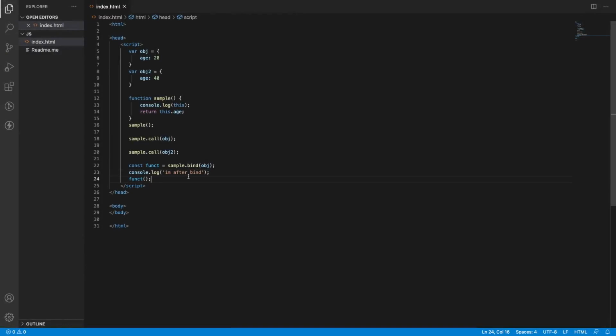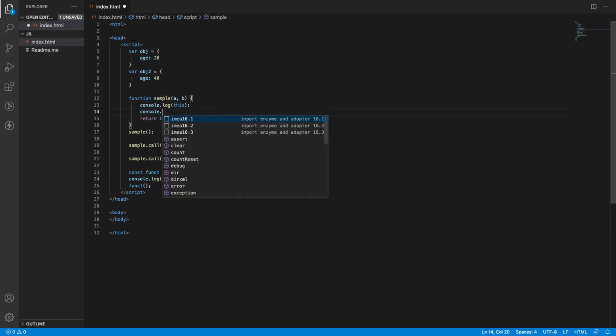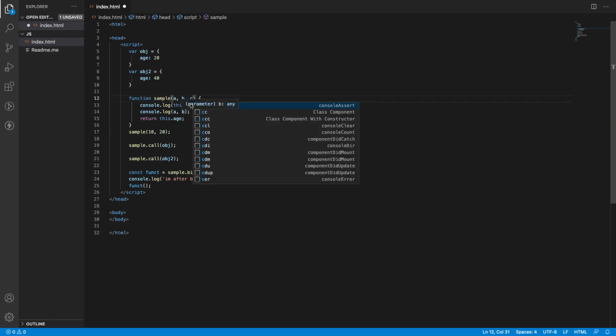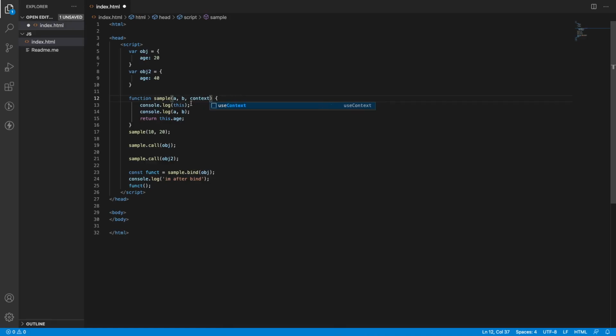Now the question is, how can we pass some parameters to a function when using call and bind? I have two parameters, a comma b, so let me print that a comma b. Now in this sample I am passing 10 comma 20, and let me add one more parameter c, or context.